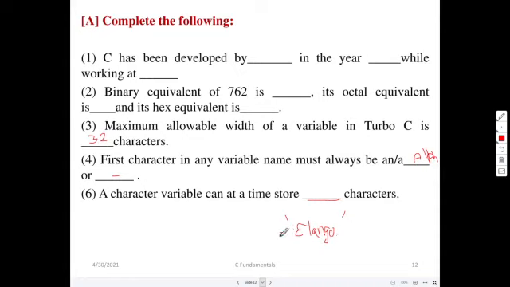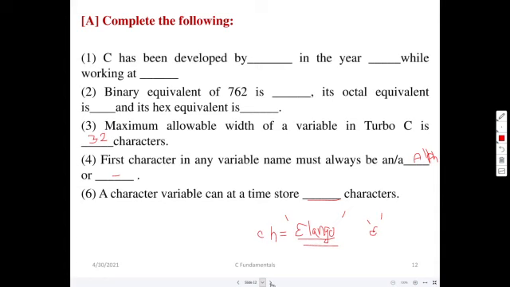Is it possible to store it in a character variable? No, my dear friends. It should be only one character. Only E can be stored in a single quote. If it is this, then it will pop up an error message. This is not called a character. This is a string, right? An array of characters. A combination of characters is called a string. That is something else, we'll deal with it later.